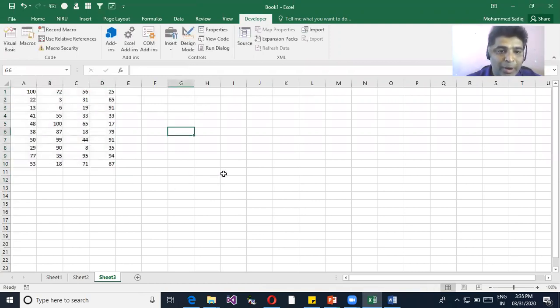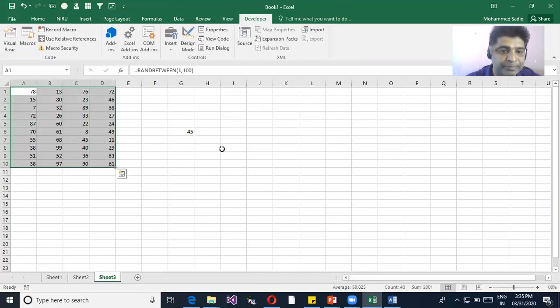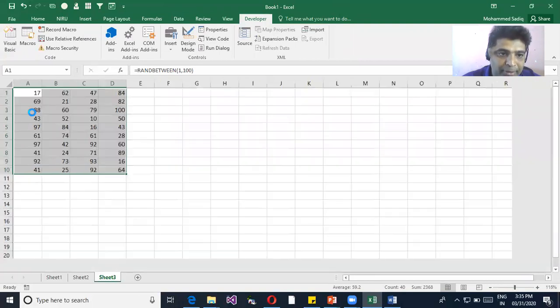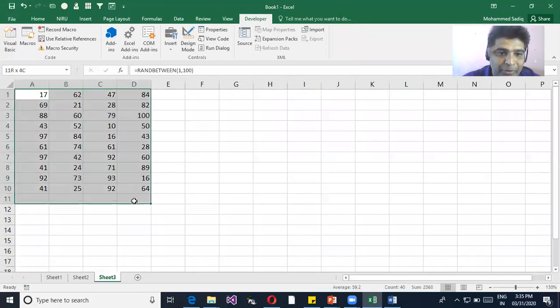Now, you know what happens is if I write something, as soon as I write something, you can see these values are changing, because the random function keeps randomizing. Whenever you do any changes, it automatically recalculates. Again, it is randomly generating a new set of values. So now what I want is to convert this to values. I want the cells with data in the form of functions to be converted